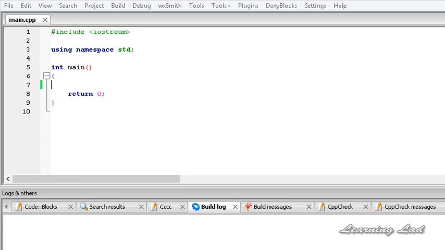So in this tutorial we're going to learn about conditional statements. These conditional statements allow us to execute some part of code depending on some condition, whether it is true or false. One of the statements that allows us to do that is called the if statement. The if statement is a conditional statement which allows us to execute code based on some